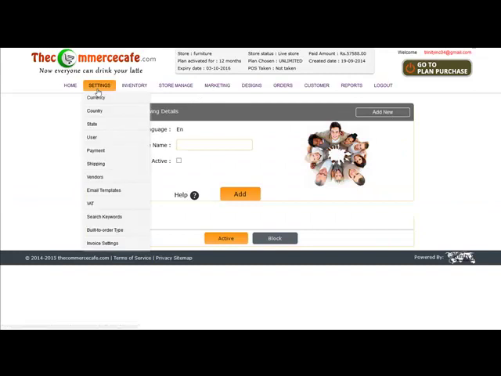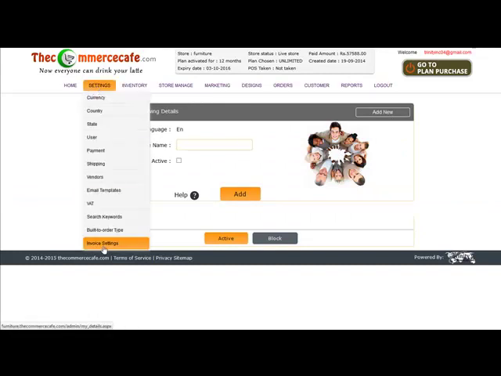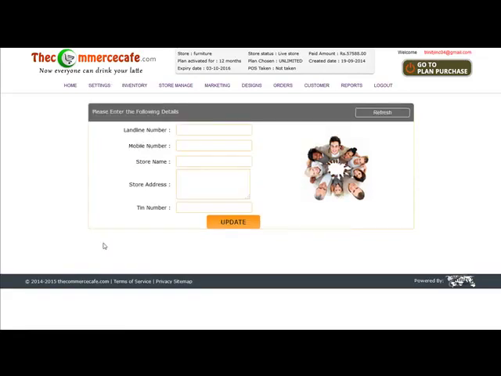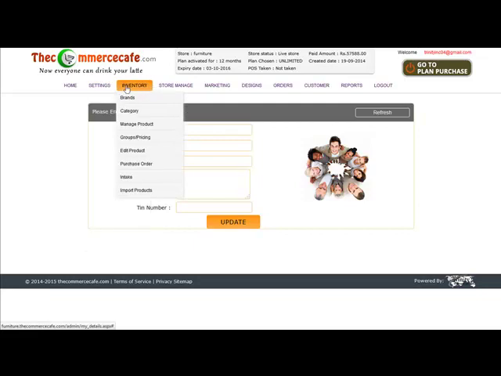Build to order type. Here you can provide the type name. Invoice settings. You can add your desired details to your invoice template. Inventory.